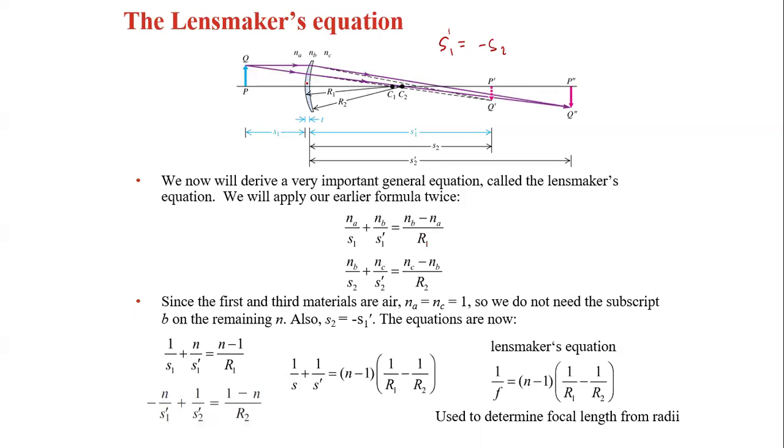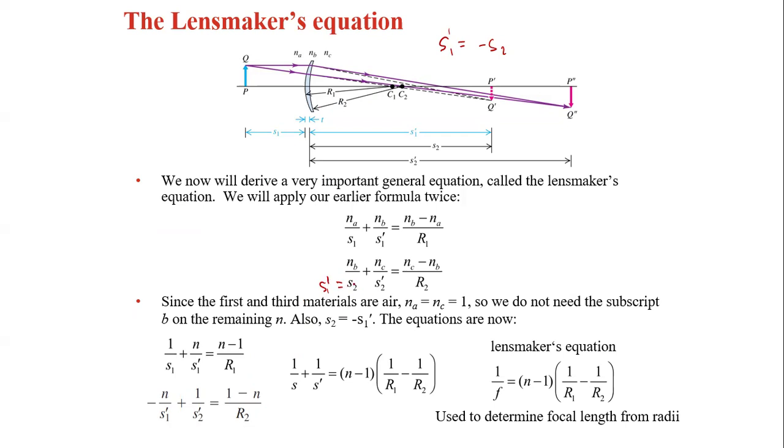And from surface 2, surface B to surface C, we have nb over s2 plus nc over s2 prime equals the difference over R2. If we apply here that this s2 prime is equal to s1 prime,